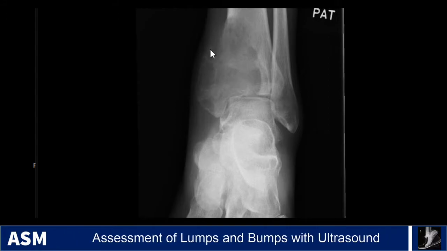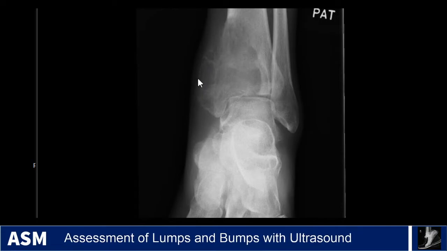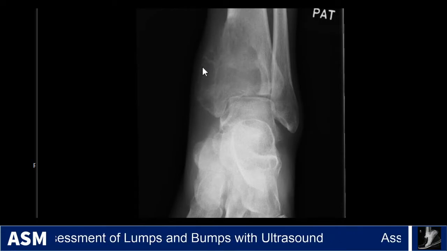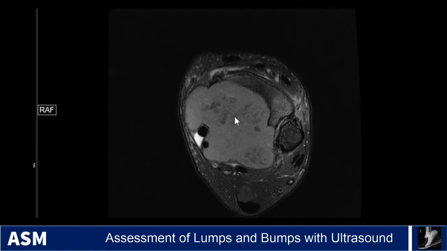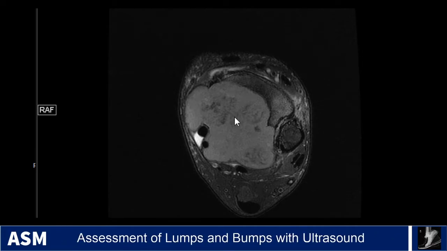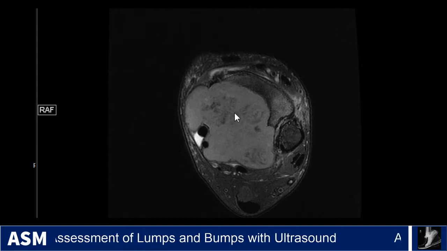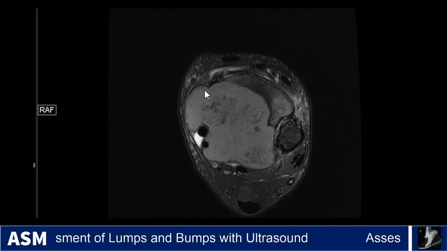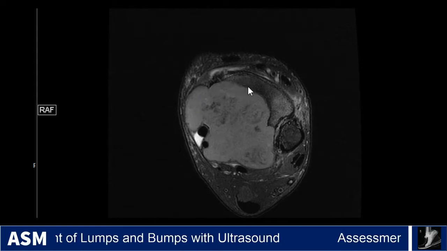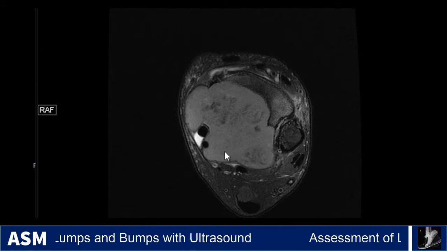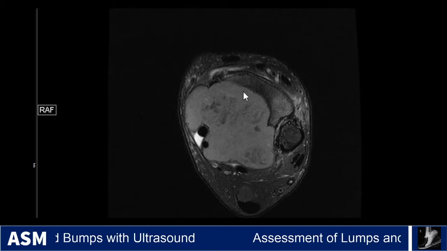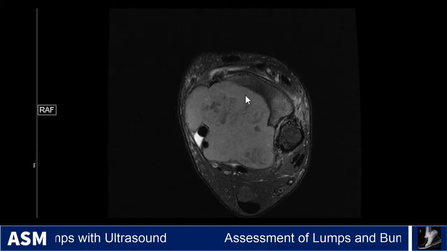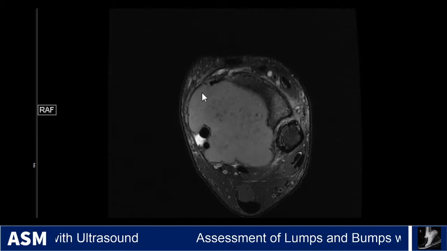We do see this blown out, thinned cortex corresponding to the echogenic lines that we saw on the ultrasound. An MRI was also performed. This is an axial proton density fat suppressed series, and you can see this hyperintense soft tissue mass, which is basically coming from and eroding the tibia here, which is what we saw in ultrasound. We see a thin